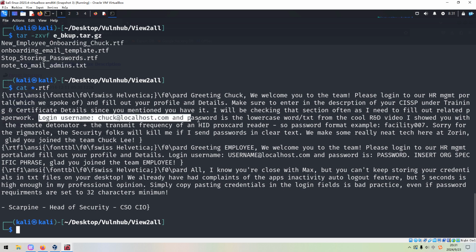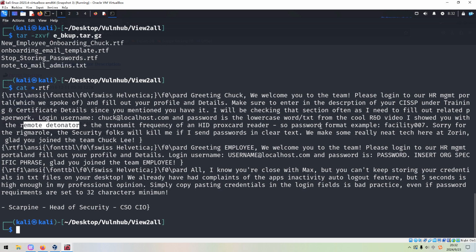And very, very fantastic. We can get the username. This is Chuck. This is the username and password, and it gives us the hint of the password: lowercase Word text file from the cool R&D video I show you with the remote detonator and the transmit frequency of an HID proximity card reader.